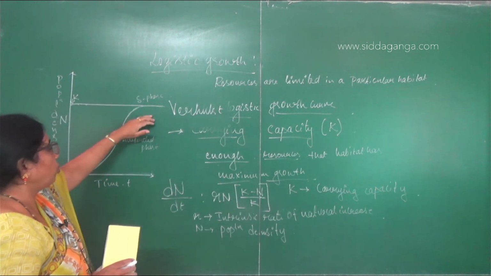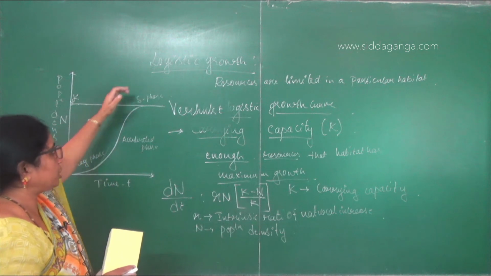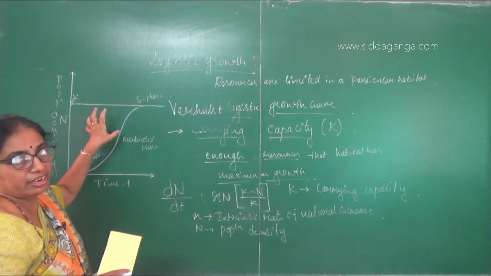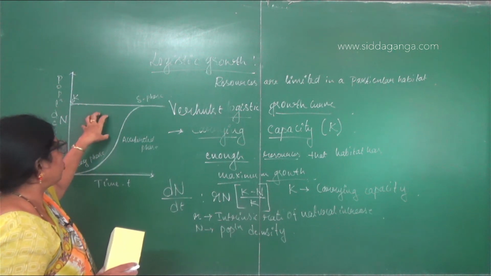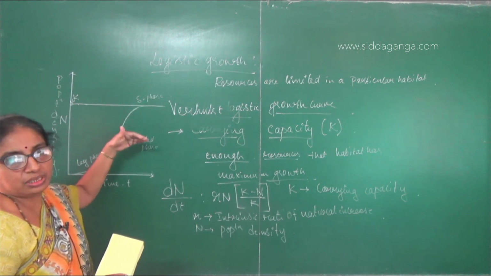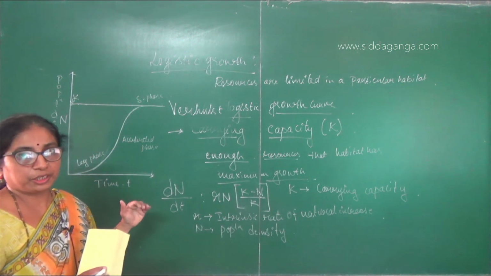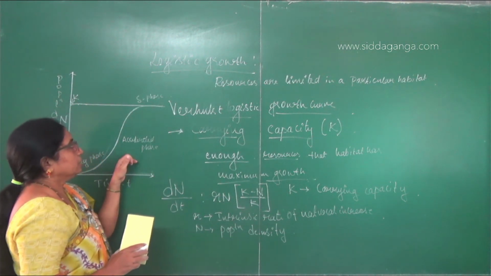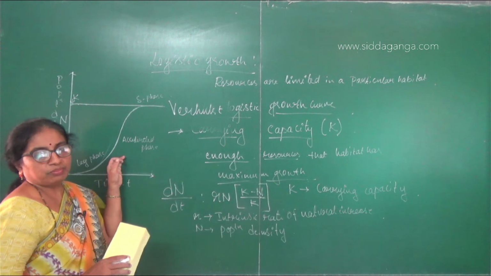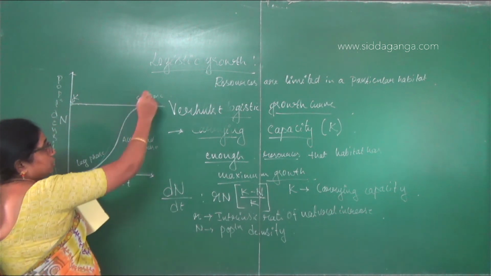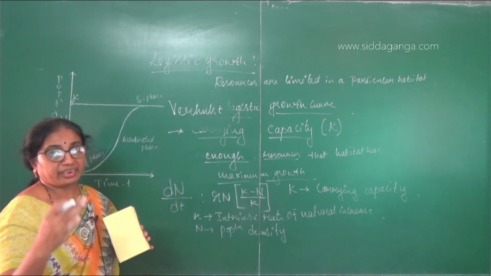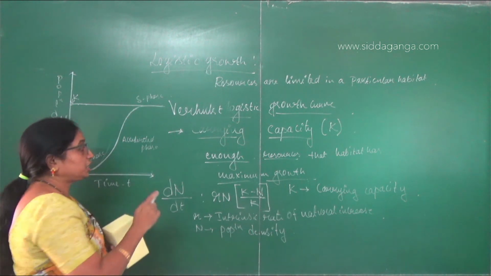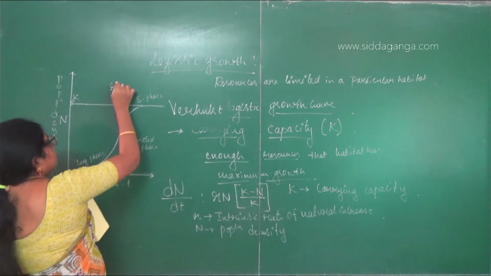So it cannot go beyond the carrying capacity because this habitat will have some amount of resources which is completely utilized by the individuals in that particular population, and this will be the type of growth. So if there is still excess growth, there will be natural decrease because of severe competition. This type of growth is the most